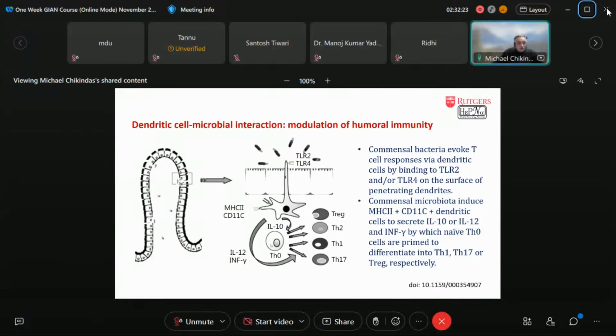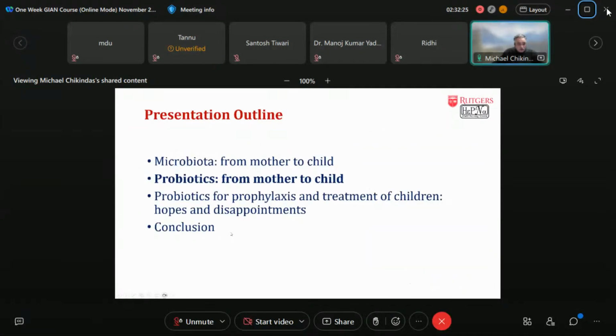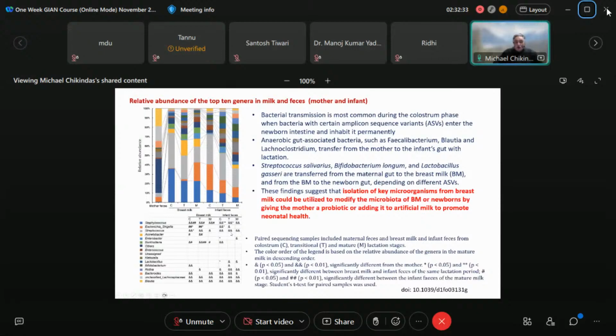We're looking at the probiotics from mother to child, and one of the things that is important to look at here is the relative abundance of the top genera in milk and in feces. And this is where a lot of information is delivered here, but I wanted, as always, to understand the take-home message from this slide. So,